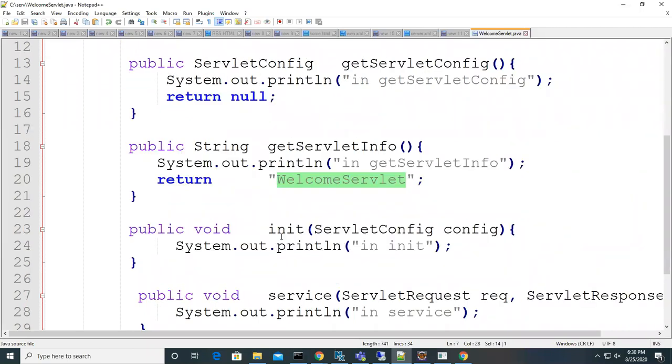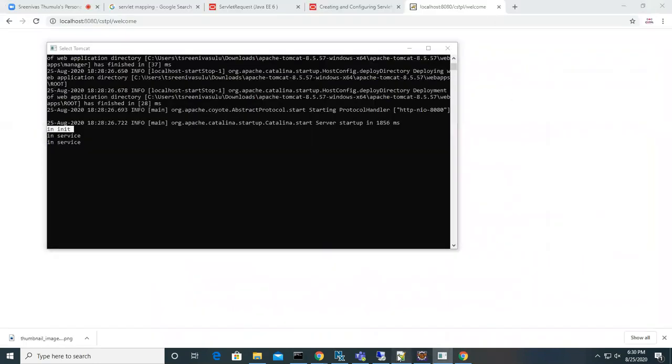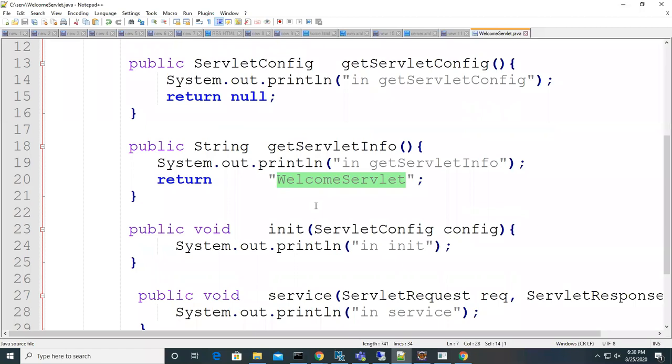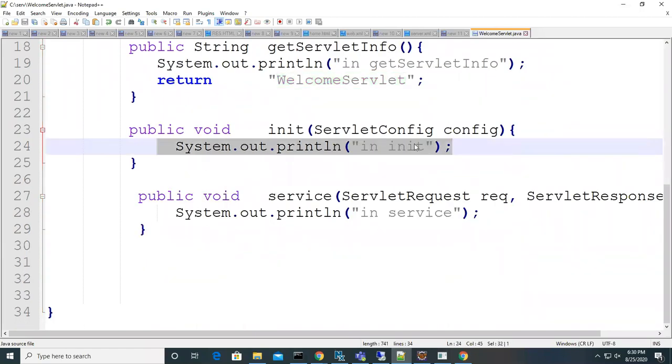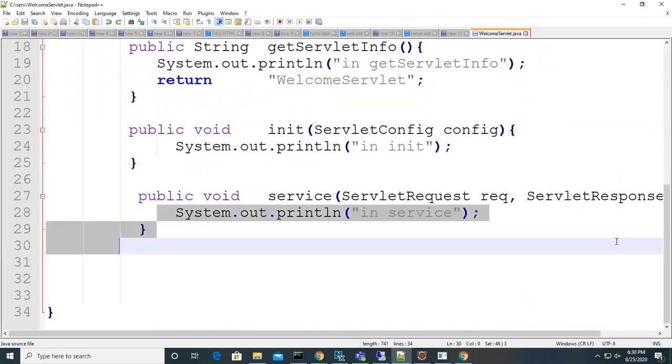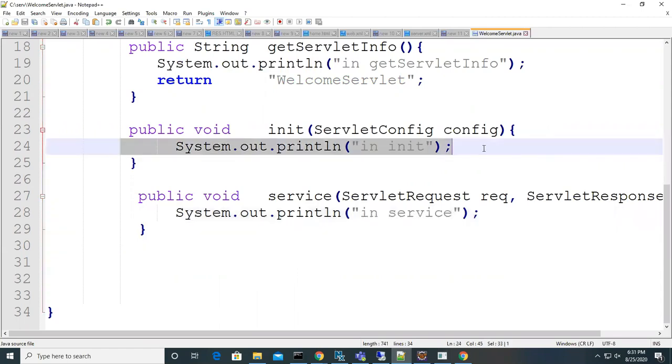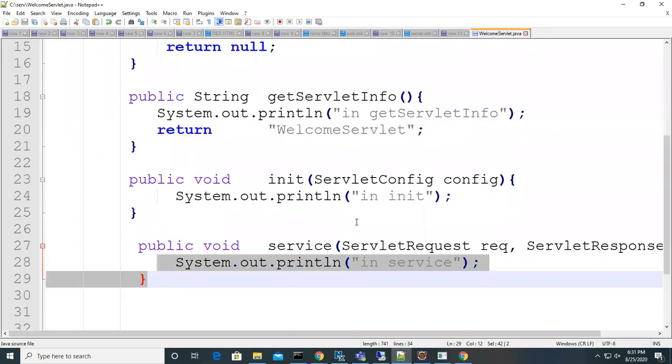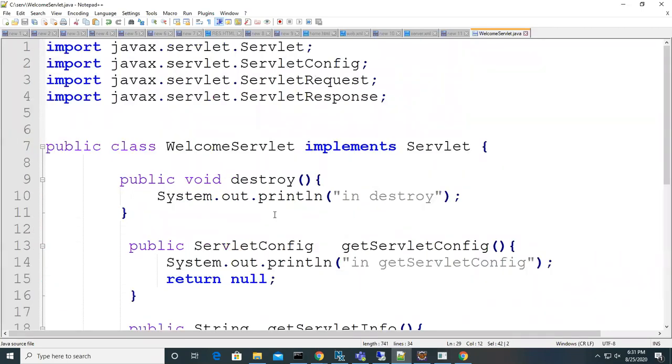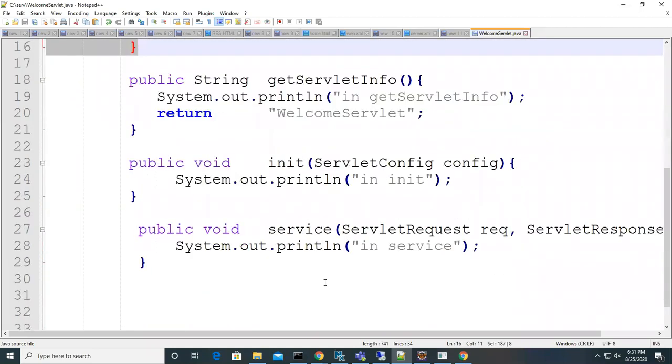Yes. What is actually happening, we will discuss in more detail tomorrow. But when you send a request, first it calls the init method, and second it calls the service method. How the init method gets called, who is calling it, and what is happening, we will completely try to understand. If you understand all these methods, then we are done with servlets.